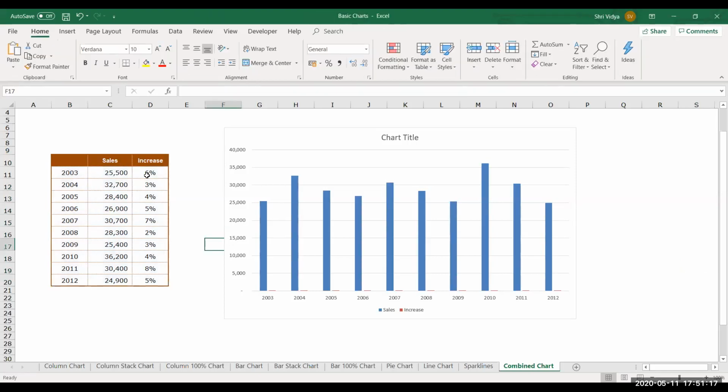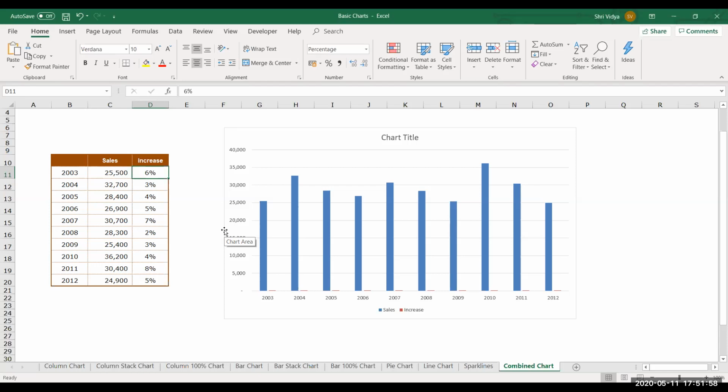That's because the other series is very, very minute when compared to the first series. How? You look at it, this is 25,500, whereas 6% is not even 1. It is like 0.06. 6% is 6 divided by 100. So you get 0.06. Where is 0.06? Where is 25,500? So you can't plot these two series on the same scale. Then this window will not be enough for me to display that chart for you. I need to take a huge room to display that. Again, it's not a good way to plot it that way.